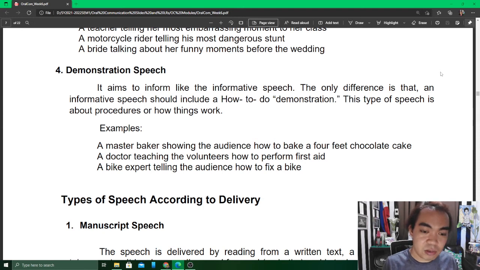Nga this is how you do this. Rather, diriya kasulod ang procedure. No? Kag sa pagsulod sa procedure, most of the time may demonstration. Samtang gahambal ka, nagaubra ka. No? You are doing what you are saying. Why? For your audience to be able to understand and follow exactly what you wanted to say. No? That's why mabudlay ang demonstration speech kung audio lang siya.